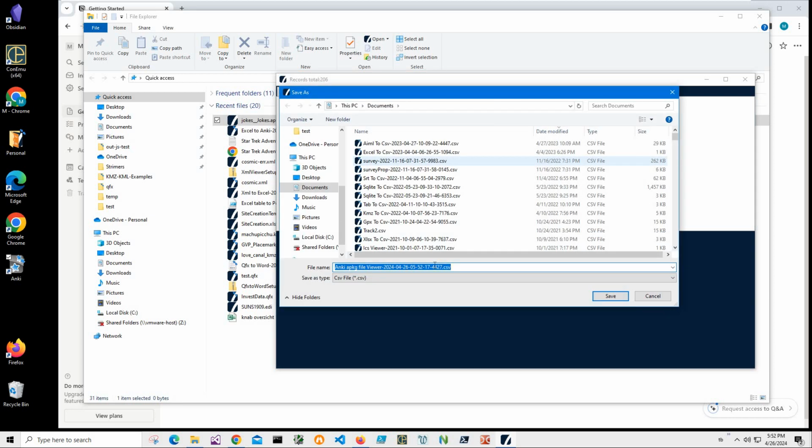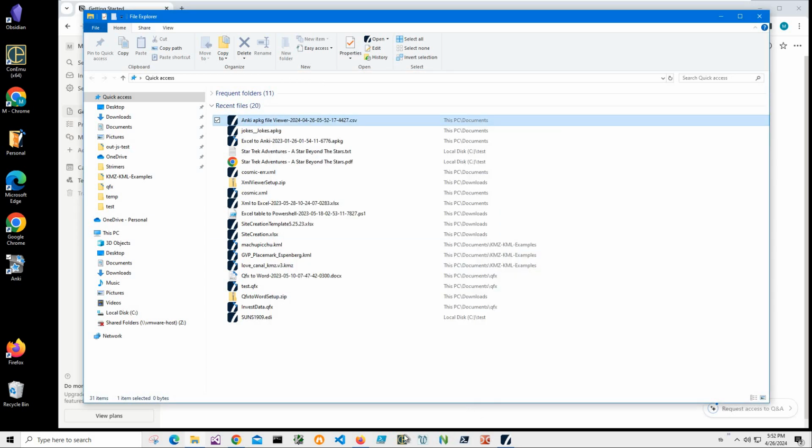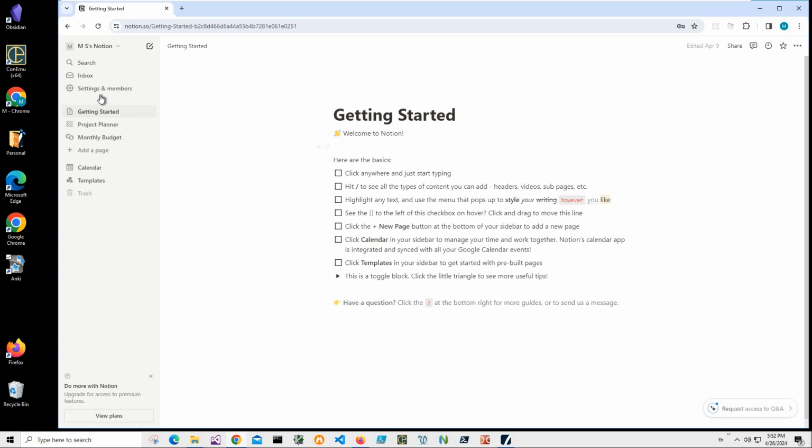I can save as CSV. It's asking me for the name and location of the file. I can click save, and there is a new CSV file. Now I can go to Notion and then click import